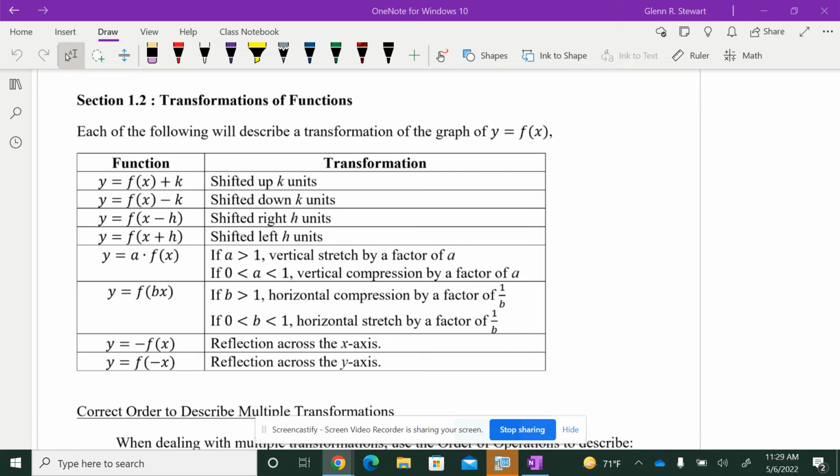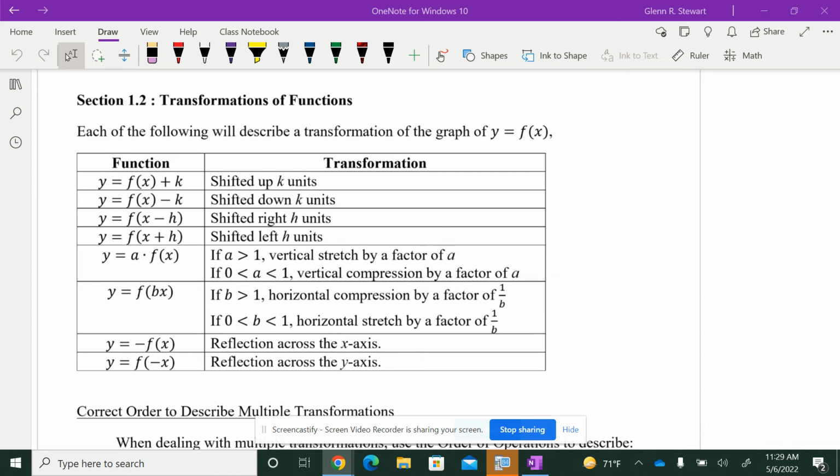Now, anything to the outside of a parenthesis or absolute value or square symbol is going to signify a vertical movement. That's one of the things that we've talked about in class: how vertical and horizontal movements are the main things that we need to be concerned about. It doesn't just mean that we're going up and down and left and right, as you can see from those very first two, but it also means as well that with vertical, if you have a number on the outside,